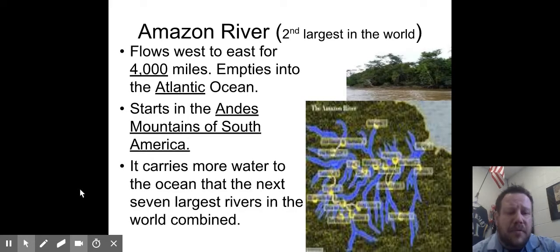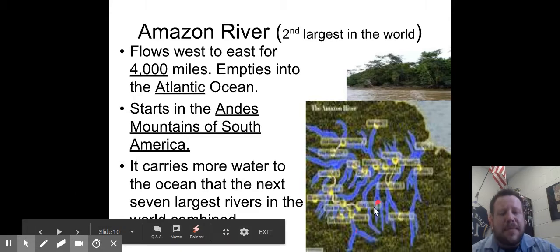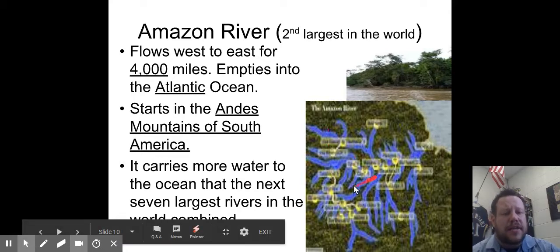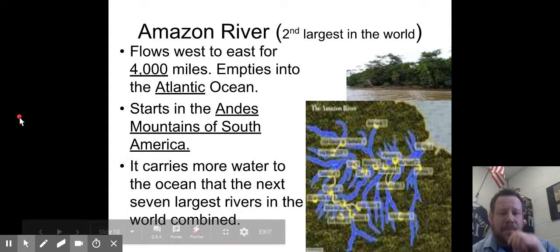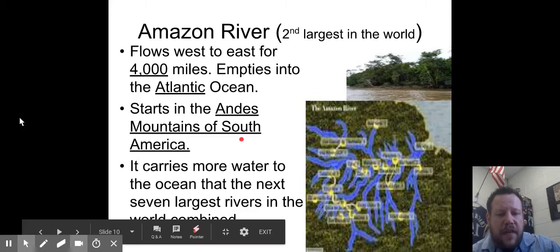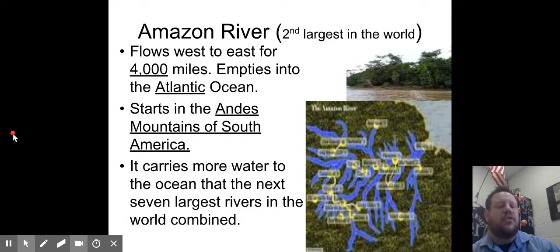The most famous river is the Amazon River, and you can see the very blurry picture I have here. The Amazon River is not just one river; it is a huge system of rivers that all flow into the Amazon, and so there's a giant basin, if you will, that kind of connects together to one big river that flows out this way. This is 4,000 miles long, second longest river in the world, and the largest by volume. And so it carries a lot of water from the interior rainforest areas where these rainforests get 100 to 200 plus inches of rain per year, up in the Andes here, and then all the snow from the Andes as well flows all the way down through this river. And it carries more water to the ocean than the next 7 largest rivers combined, like the Nile. And so it's huge because